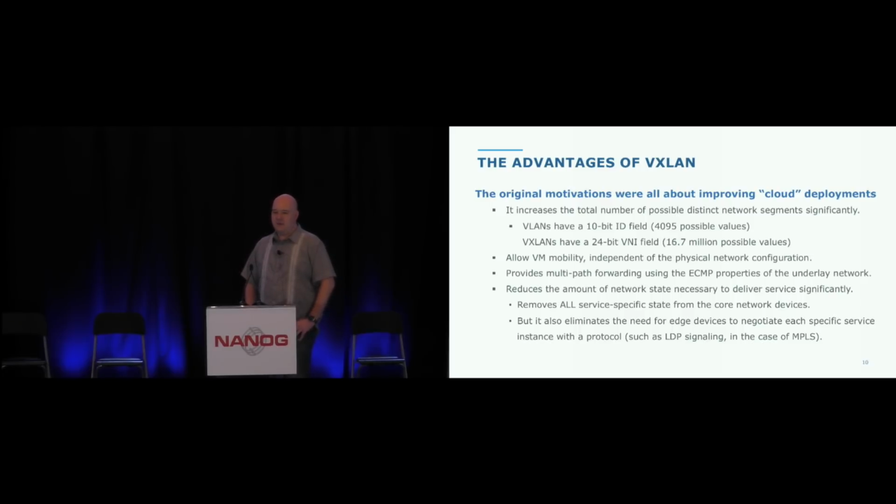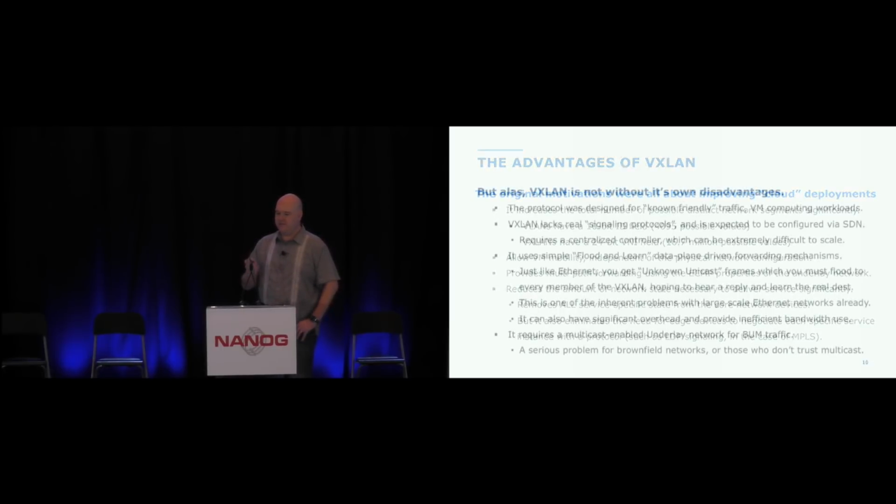You get your multipath forwarding taken care of through the ECMP properties, the equal cost multipath properties of the underlying IP network. So it solves a lot of these complexities by using this very standard, very proven technology. And like I said, it really removes a lot of the state necessary. In the core, obviously, there's no state whatsoever about the end services. All you're doing is connecting loopbacks. But even on the edge, if you look at MPLS type services, you're still, for example, using LDP to signal every individual service. And in this case, you don't need to do that. It's very, very lightweight in state. It lets you scale very much.